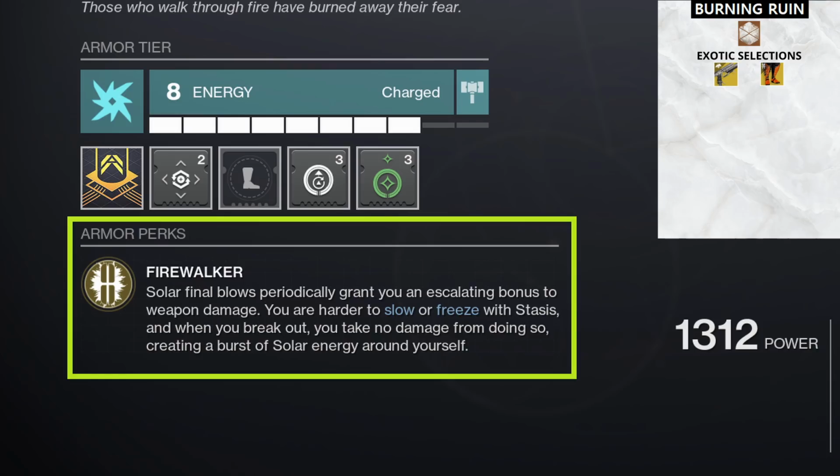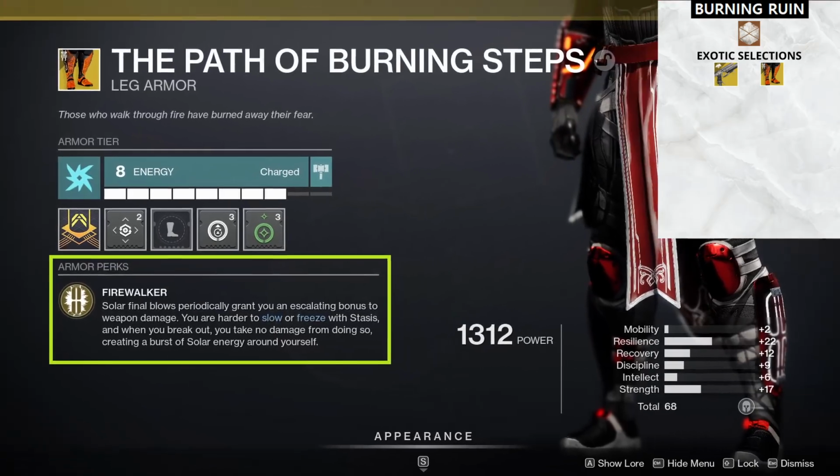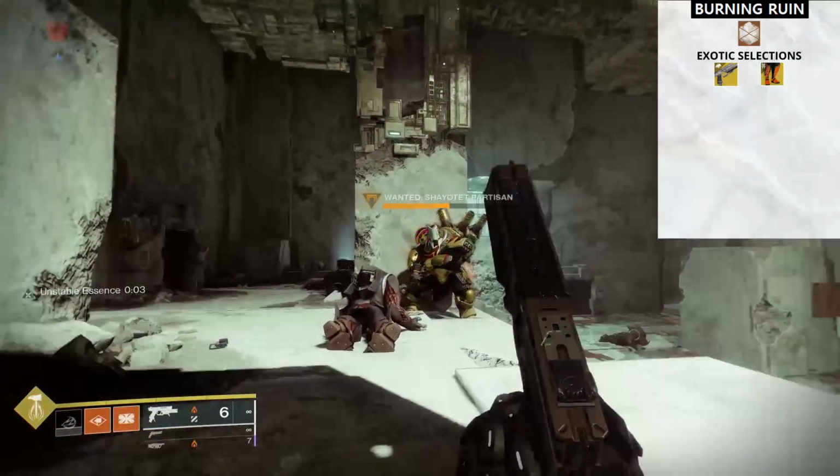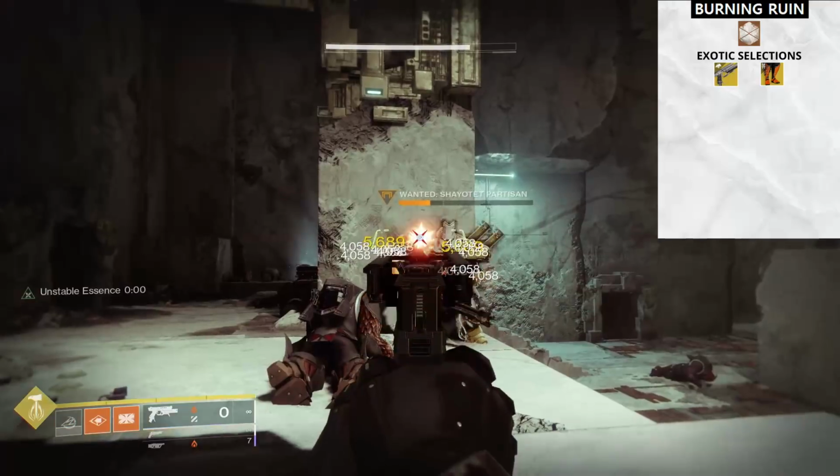And not every Solar Final Blow is going to grant a stack or refresh your timer, but they're not too terribly difficult to accumulate. Oh, and you're less affected by stasis with these boots on, which is now at least remotely useful in PVE, since some enemies do carry stasis abilities now. This works great with Devil's Ruin, since kills with the sidearm are basically creating their own damage bonus with Burning